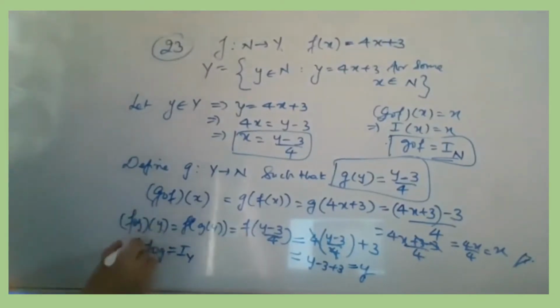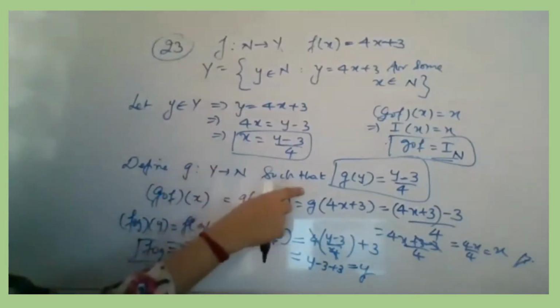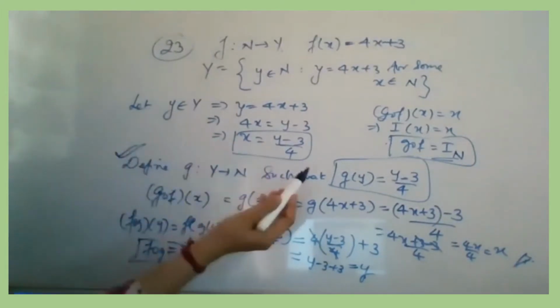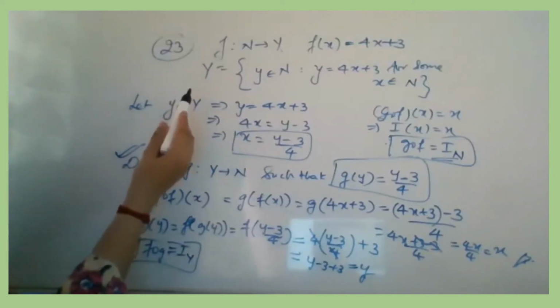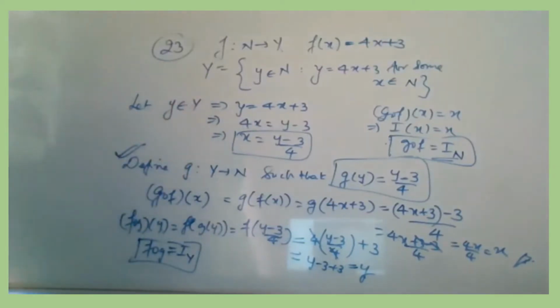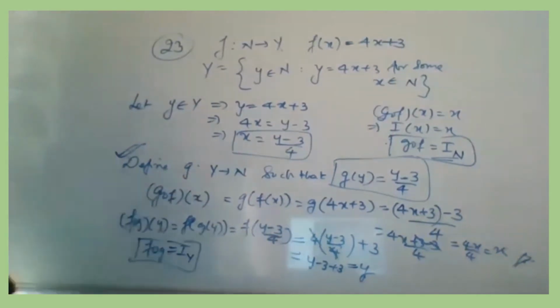And these two together imply that this g which you have already found out is acting as the inverse of the given function f. Okay. Therefore f is invertible and g is the inverse of f. Is this clear? तो इतना प्रोसेस है आपको इन्वर्टिबल दिखाने के लिए, अगर आप कॉम्पोजिशन यूज करके कर रहे हो.